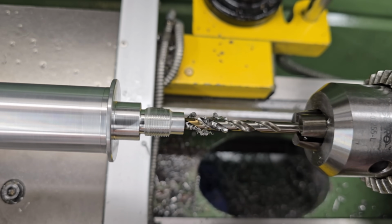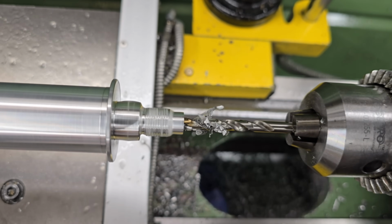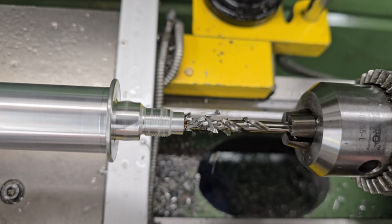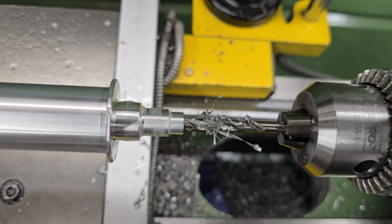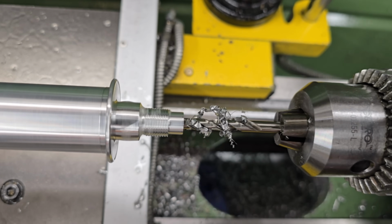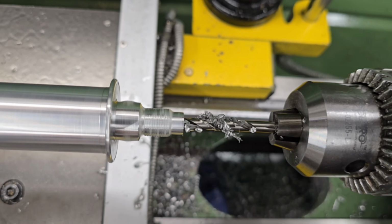This is probably the longest and most tedious job of the whole project, but it's the one that's probably the most important. So to do this, the first thing we need to do is come through with a 5mm drill, and this is just a standard length tin drill. And what we're going to be doing with this is creating a nice pilot drill for the long drill bit